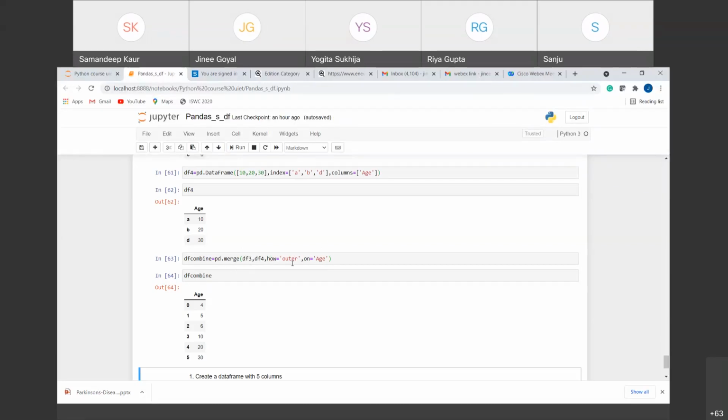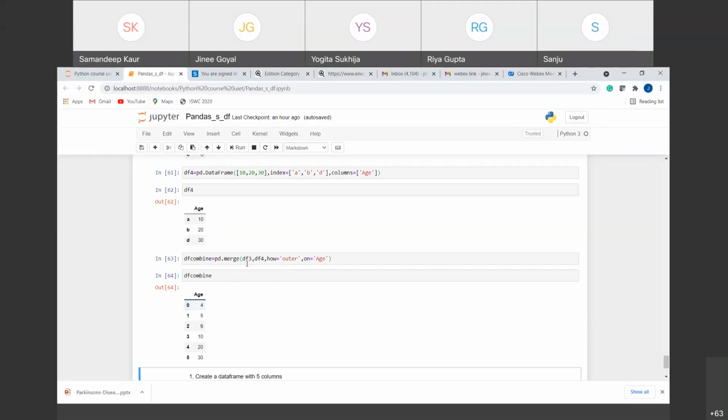So in SQL also, you know that there are inner join, outer join, left join, right join, right? In a similar manner, we have outer join here. So outer join, what it does is it gives me the union of the two data sets, right? So you have to provide what type of merging you want to do if you are merging on some column. Whether I want to have the union of all the values, I want to have common values out of it, or some other kind of merge, right? So you have to define how, that is how you want to merge. So outer merge means that I want to have union of all the values.